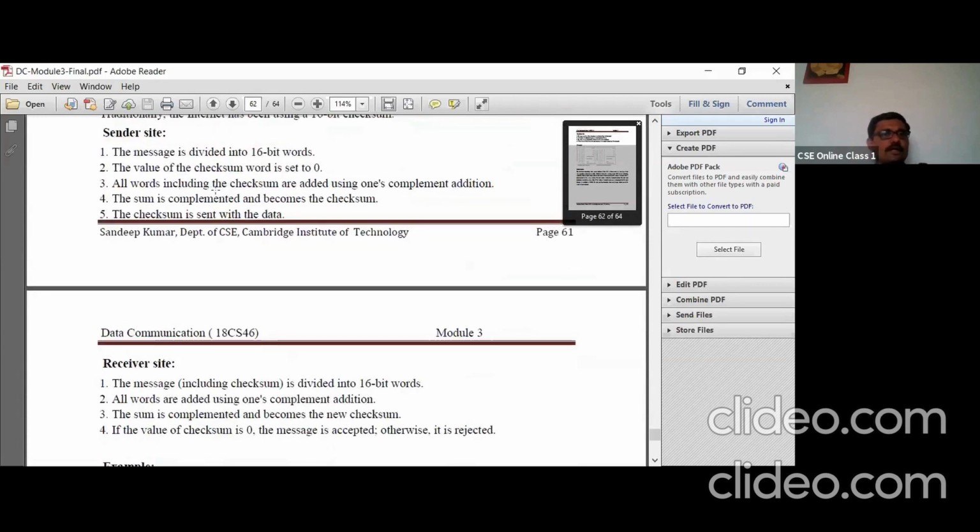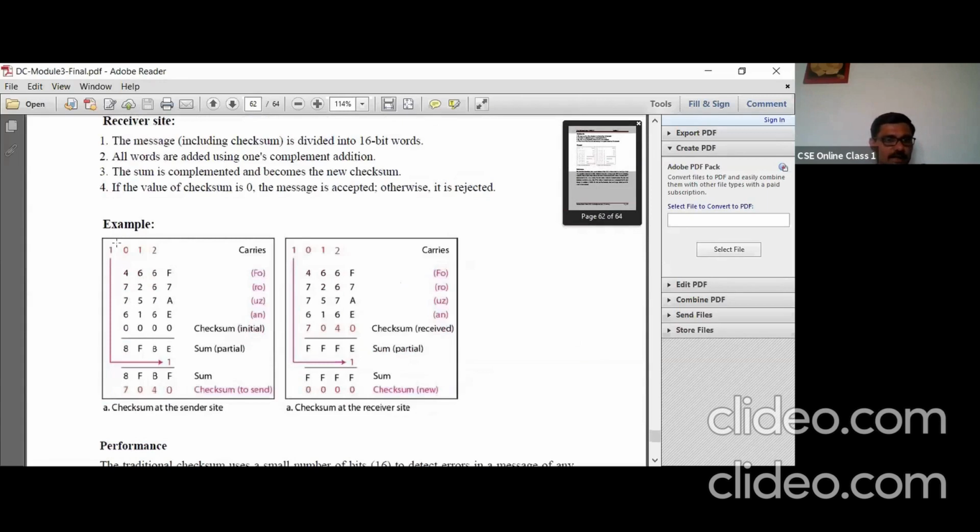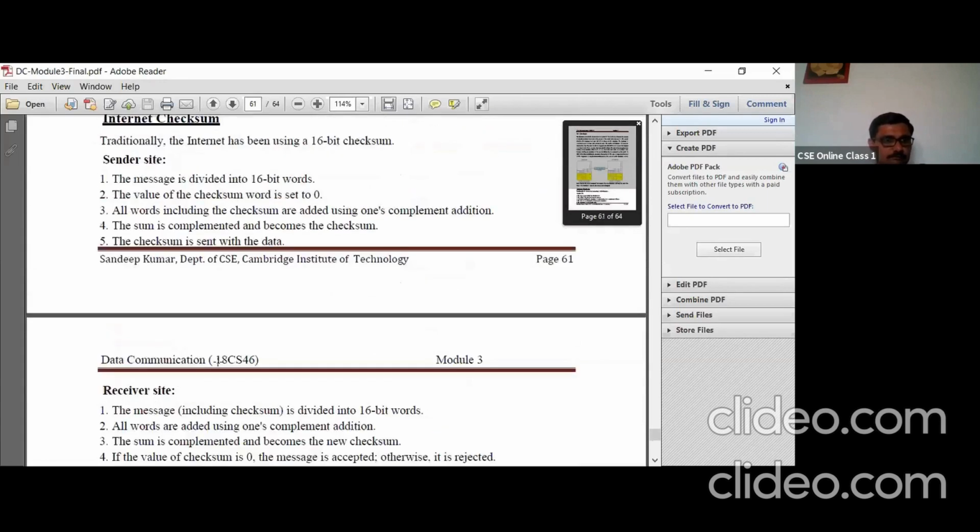All words including the checksum are added using ones complement addition. Let us see what this ones complement addition is. The sum is complemented and becomes the checksum.